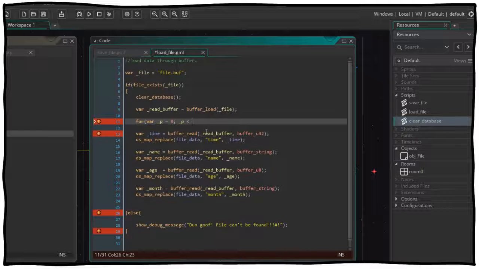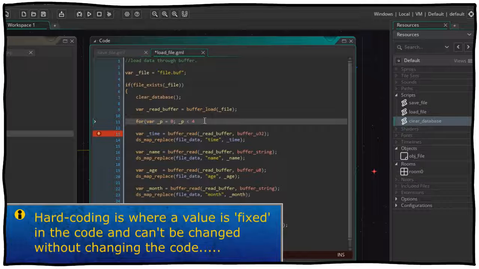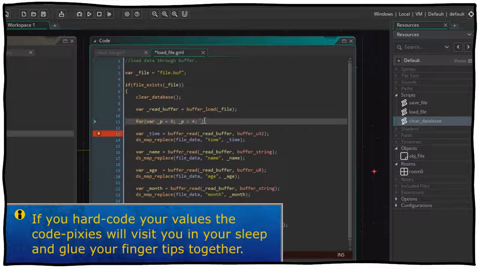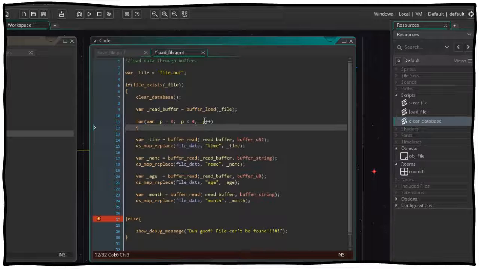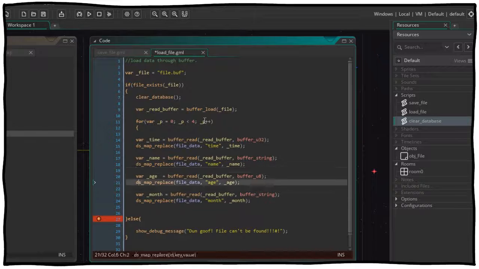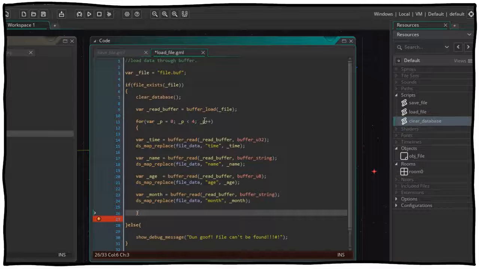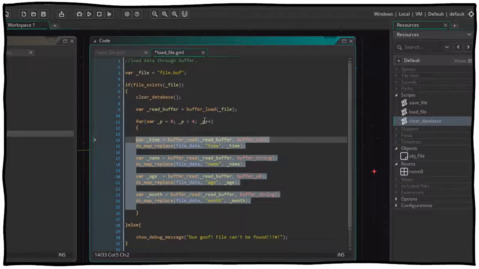Now in a couple of videos time we'll actually sort out recording that in the header and so forth, but at the moment I want to concentrate on just the looping part, so we're just going to manually say less than 4. Normally you wouldn't want to hard code like this and specify exactly this number, but for this instance we're going to be a little bit naughty and just put the 4 in there, and then go p++, open squiggly brackets, and we want to go down to there, put the squiggly bracket at the end of the last add there, and then